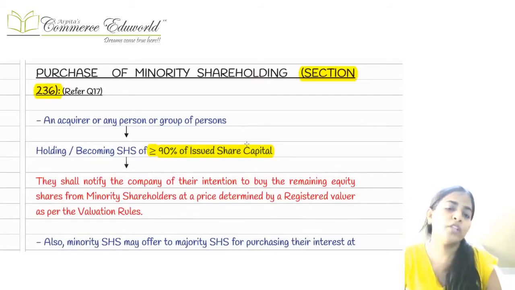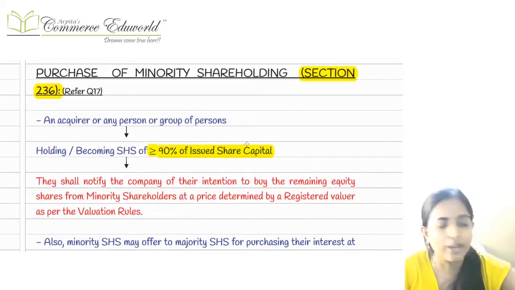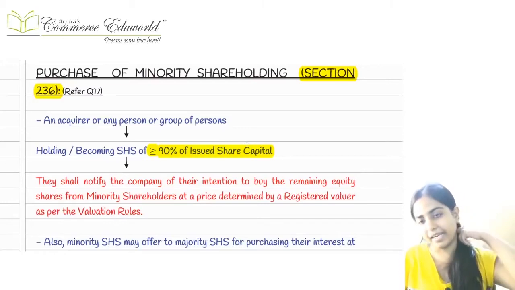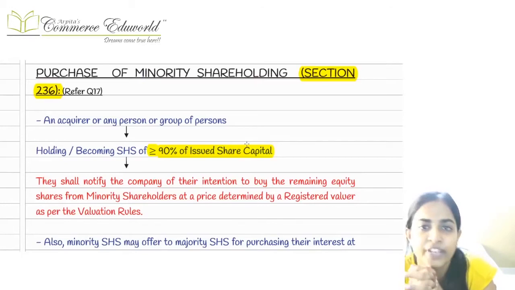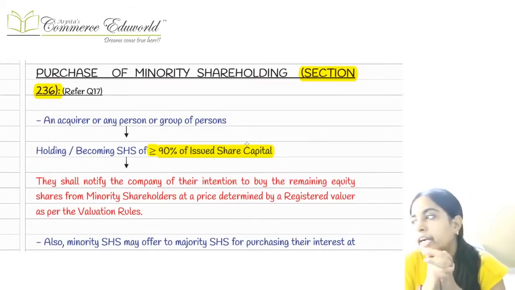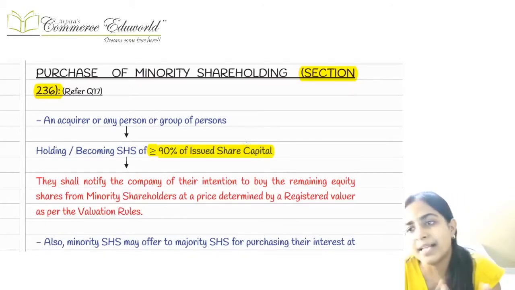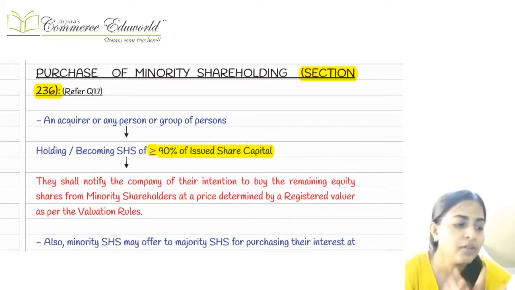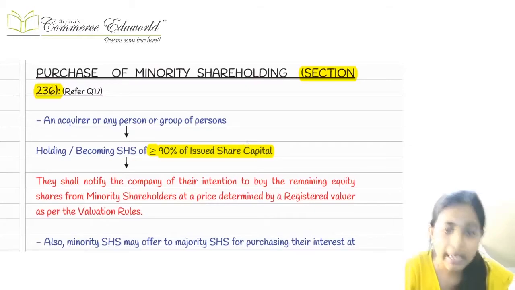Okay. Going on to the next section, which talks about purchase of minority shareholding. Say, for example, if there is a particular group of shareholders who are holding at least 90% of the issued share capital, they already know that major decision making power is in their hands, because if they want to pass a special resolution, they can pass it. If they want to take any important decisions, they can take them. So if there is such a group holding at least 90% of the issued share capital, they can give a proposal to the minority shareholders